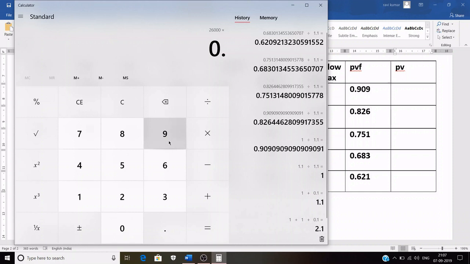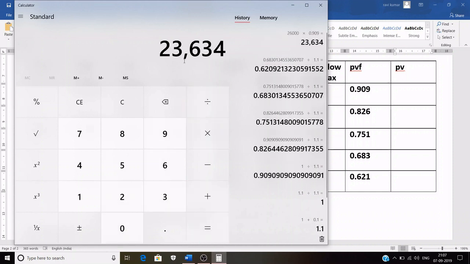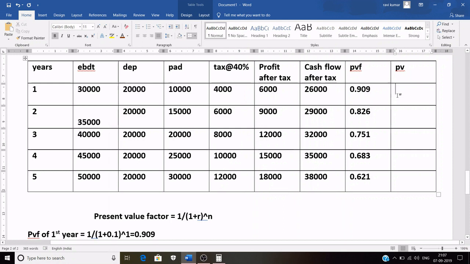by 0.909, we get 23,634. So write down here 23,634. Similarly, multiply 29,000 by 0.826. When you multiply it, you will get